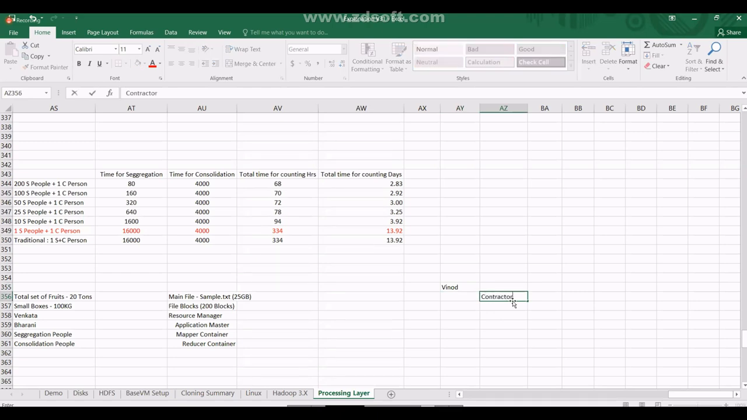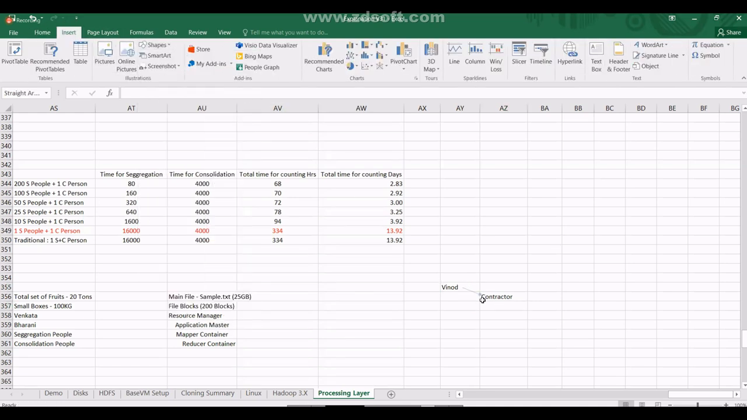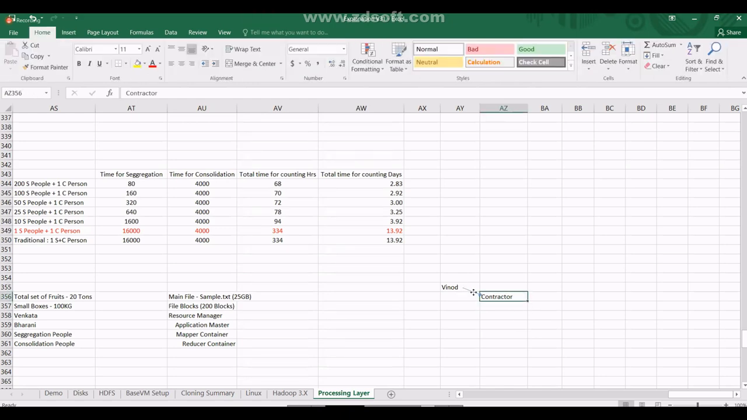So Vinod will give this work to the contractor. What will the contractor do now? The contractor will check the plan and say, hey Vinod sir, your plan is good. To complete your house, I need